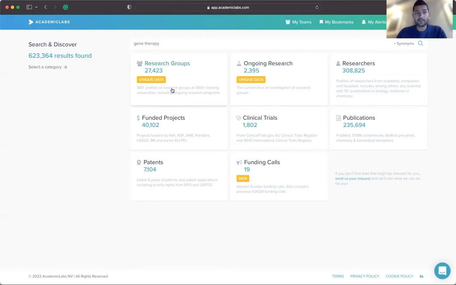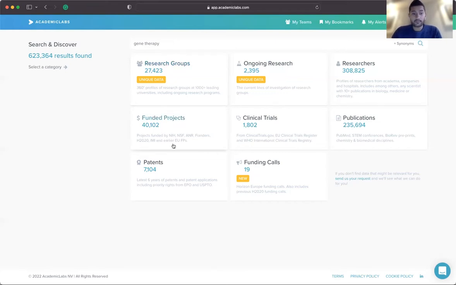And what we do next is we link those profiles to tens of different publicly available databases that we find from R&D, such as the NIH projects database, the EU Horizon 2020 database, IMI, Wellcome Trust, UK Research and Innovation, and so on.